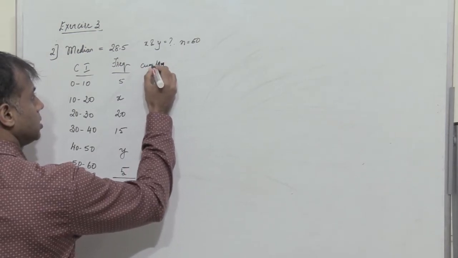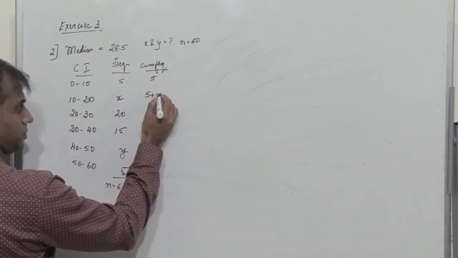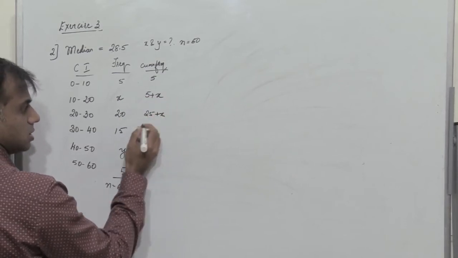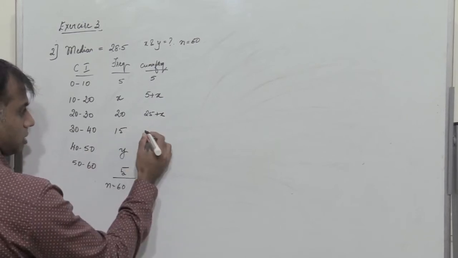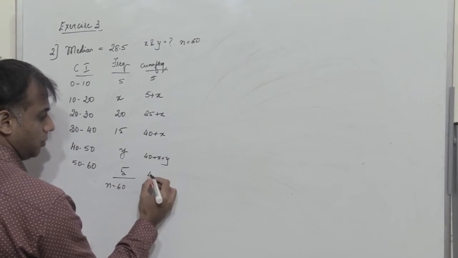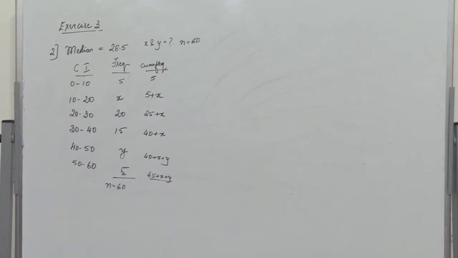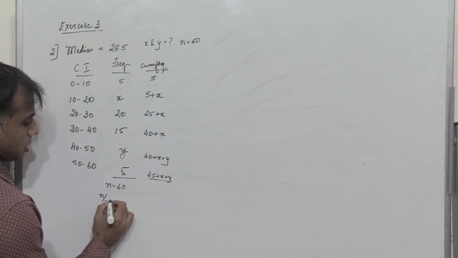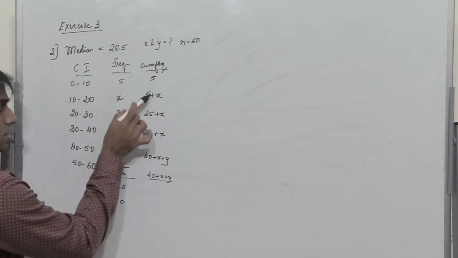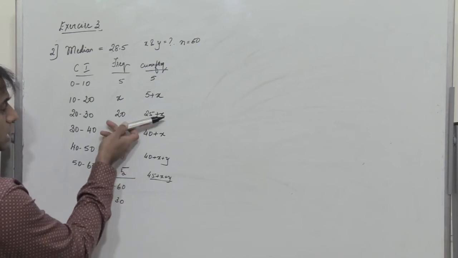The cumulative frequency is 5 here. Next I add 5 plus x, so I get 5 plus x. Next, 5 plus x plus 20 is 25 plus x. Next add these two, so I get 40 plus x. Next 40 plus x plus y, and then 45 plus x plus y is the value here. Now we know that n is 60, so n by 2 is 30. So where does 30 lie? When we look into this column of the cumulative frequency, we find that till here it is 25